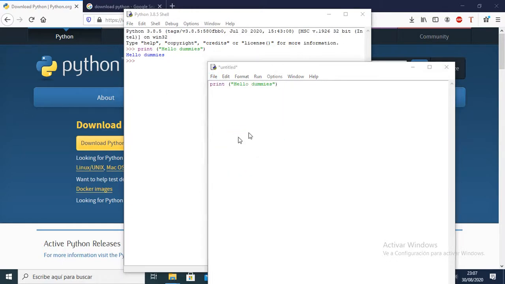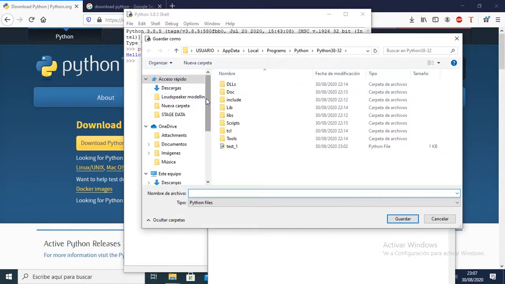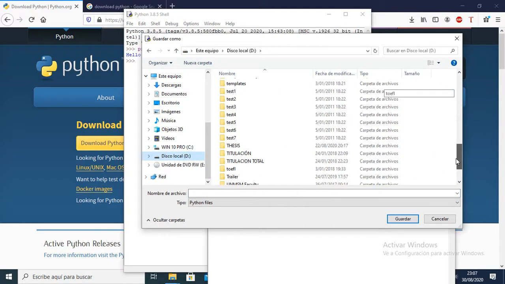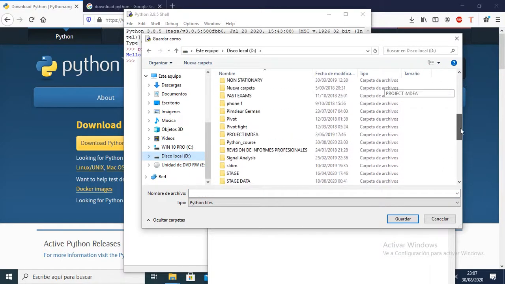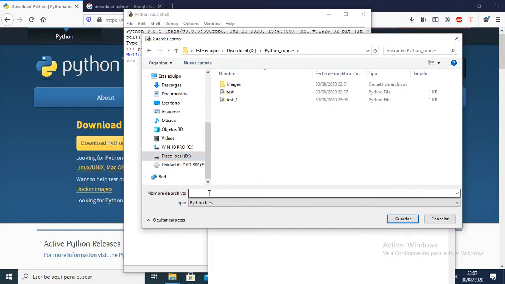You can click here, save as, and I have some special location for that. I type in here Python course, and you can first print,